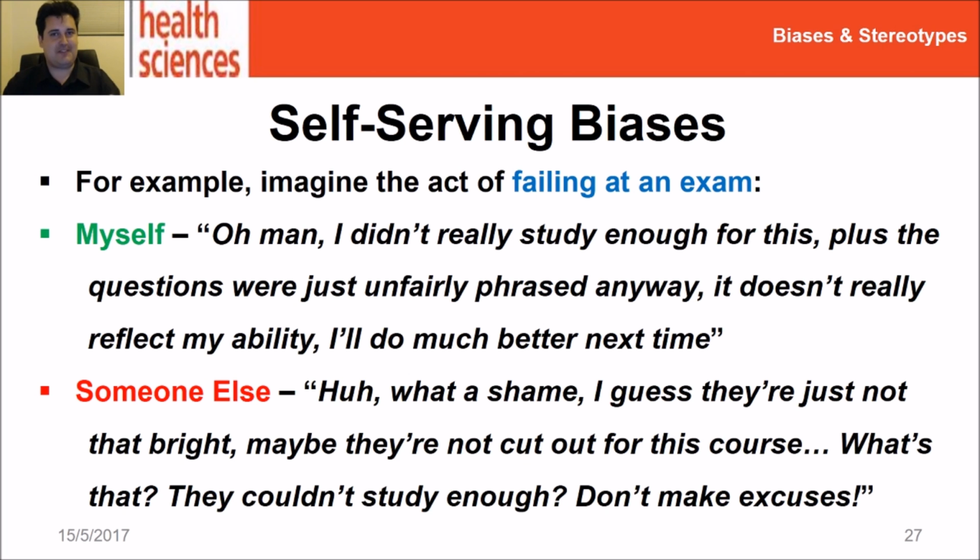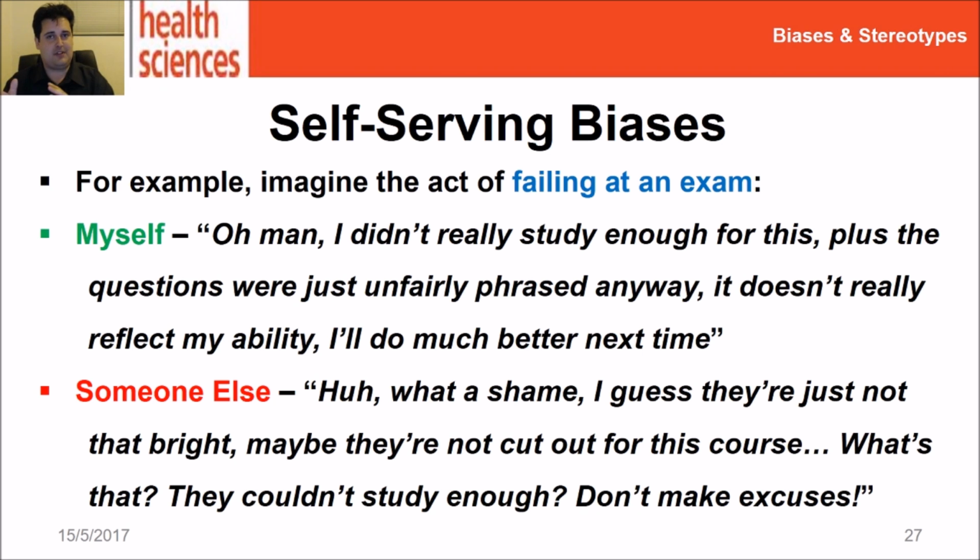So, just to give a quick example of the actor-observer bias in effect here, let's say I failed an exam, although I never have, because that's not uncommon for people who have PhDs, we tend to be huge nerds. But if I'd ever failed an exam, I might have said to myself, well, I didn't really study for this, plus the questions were just unfairly phrased anyway, and it doesn't really reflect my ability, I'll do much better next time. So you can see in that my self-serving biases mixing with the fundamental attribution error,